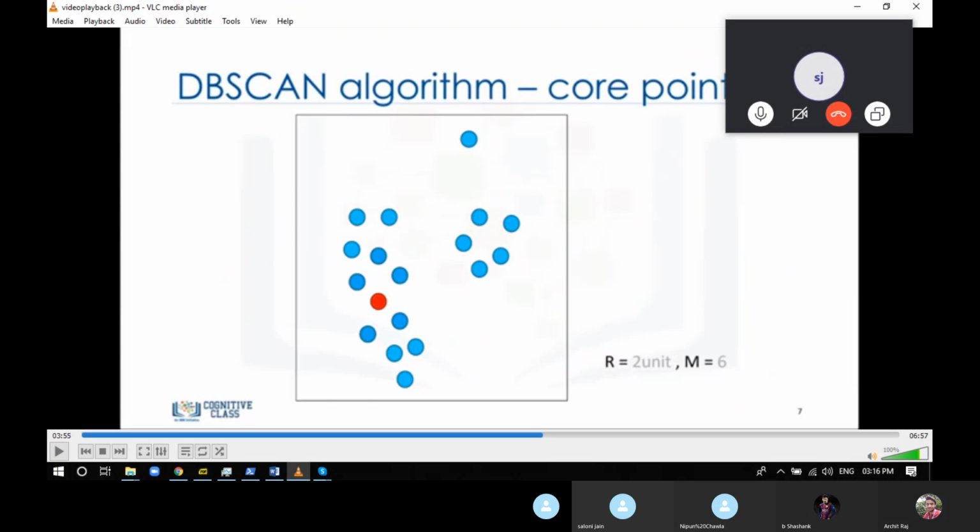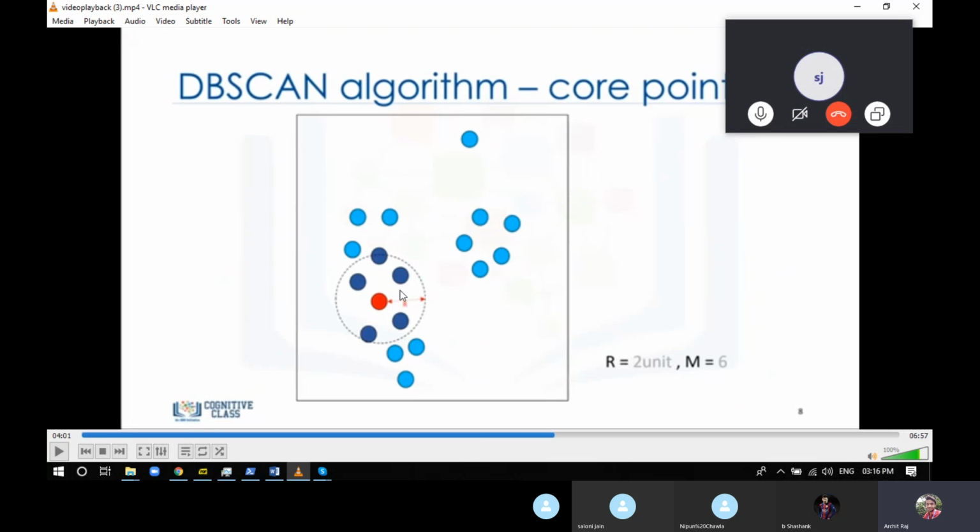For this, R is equal to 2, so we'll take a distance of 2 units and make a circle around it. You can see we made a circle of radius 2 units around it.